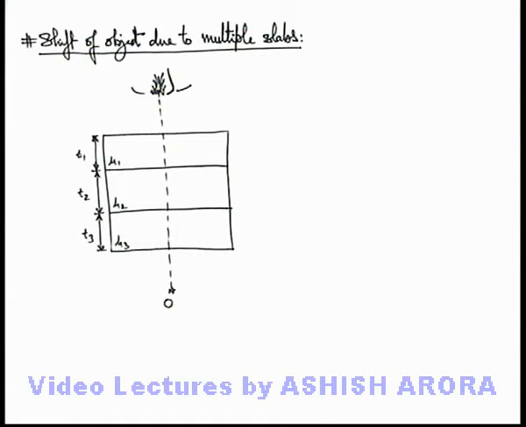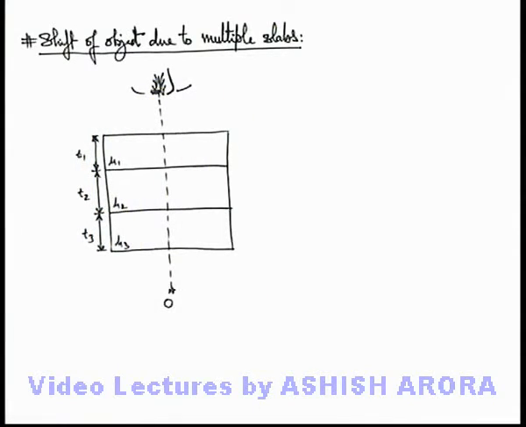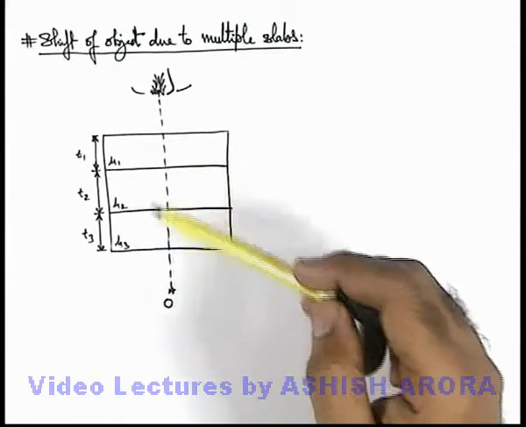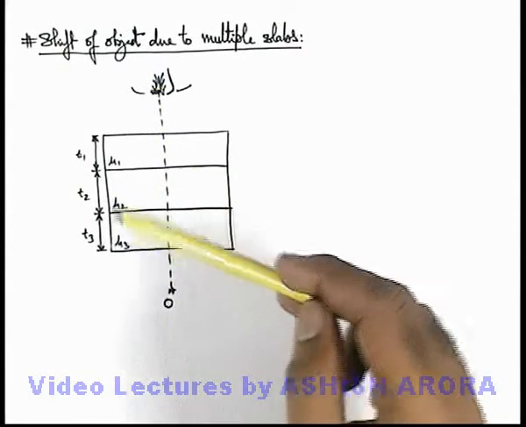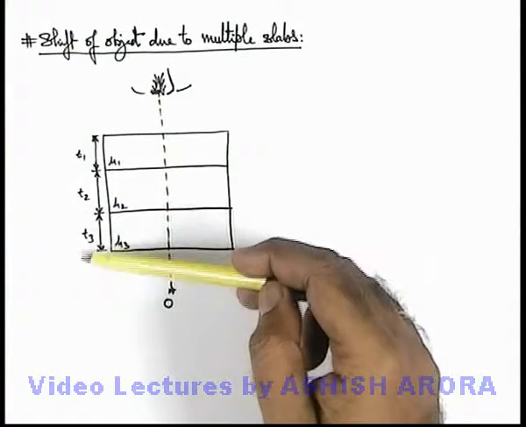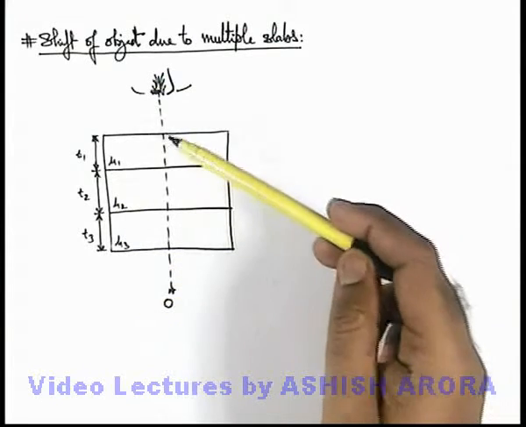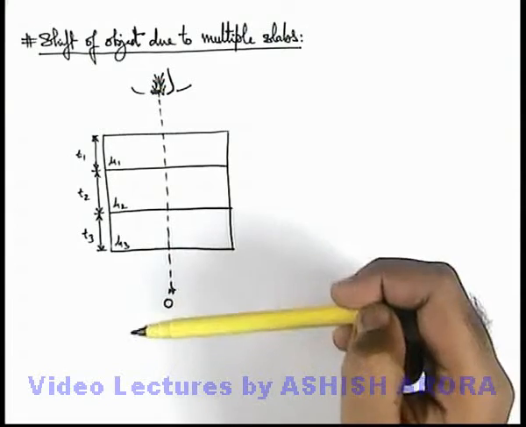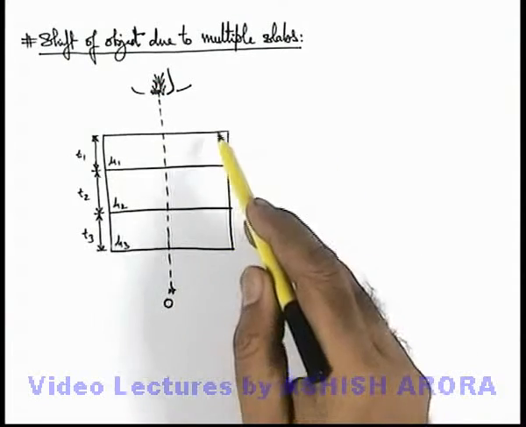Let us discuss the concept of shift of an object due to multiple slabs. Here in this picture you can see there is an observer who is looking along the near normal incidence line to an object through three transparent slabs of thicknesses T1, T2, T3 and refractive indices mu1, mu2 and mu3. Now if we wish to find out by what distance the object will be shifted nearer to the observer, we